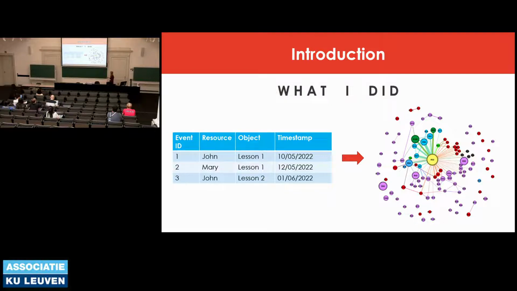Okay, so first I start with a short introduction on what you can expect from this presentation. I made a tool that can extract from the kind of data that you see on the right. It's called event data, where we have an event where a resource worked on an object at a certain point in time. And this tool can extract a network of how these people collaborated on these objects. And I will evaluate both the resources and the relations based on recency, frequency, and monetary.